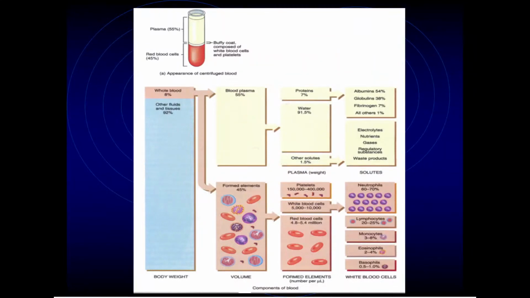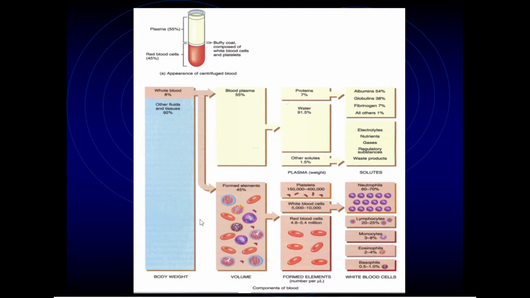Here on that slide, you may see this ratio in between blood-formed elements, mainly red blood cells, because they are much more numerous than the rest, and blood plasma. This percentage of blood-formed elements to the blood plasma is called hematocrit, as you remember. Here on that slide, you also may see the blood composition.